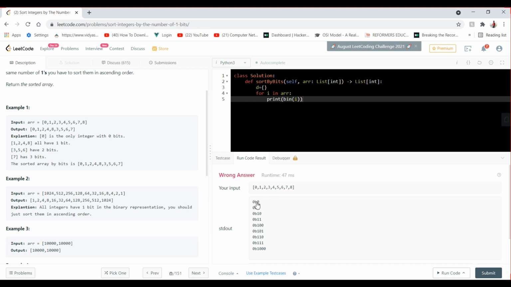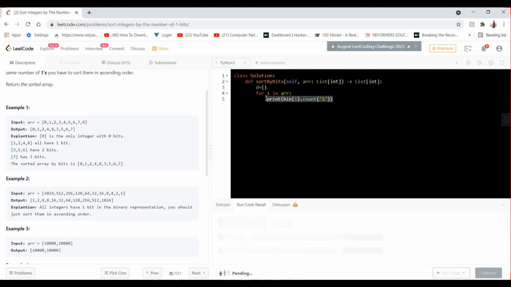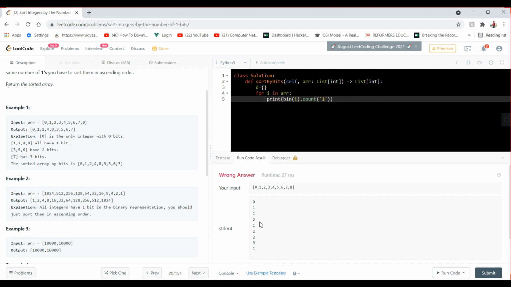So we have to remove the 0b from the front. The remaining things are the same, so if you do not remove it, you have to count only the 1s. So you can directly ask for the count value, meaning count of 1. So it will give you the count value. Now you can see 0 0 1 1, it is giving me the correct count value.